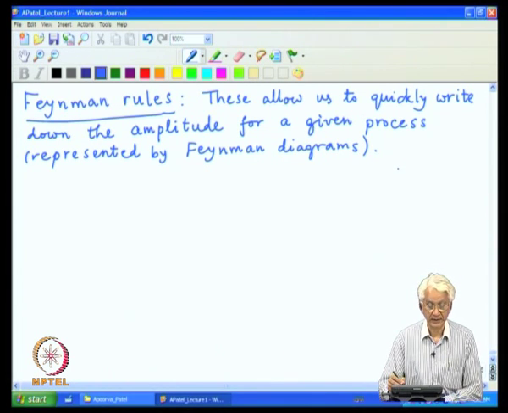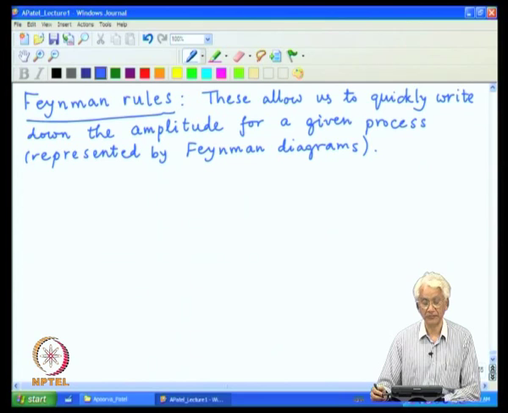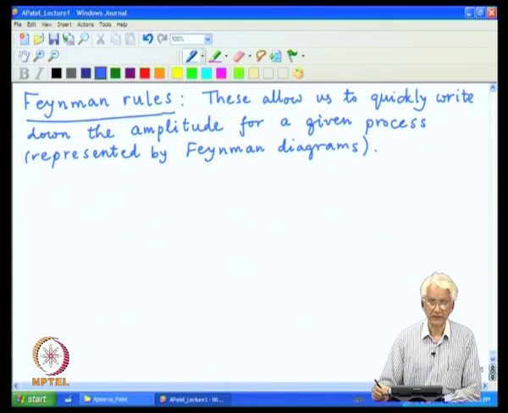Now, while doing this, we quickly forget about all the quantum dynamics in the sense of having wave functions and distributions, etc. We will just look at the whole thing in a particle language, some particle going from one place to another and interacting with some object and then scattering from it, and so on and so forth.